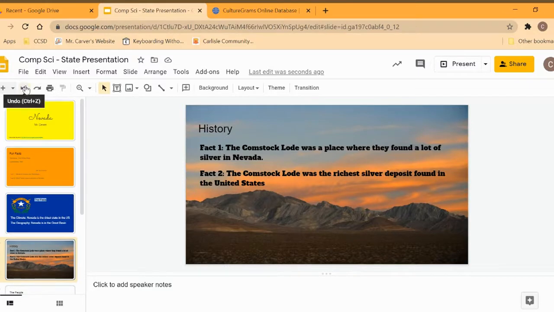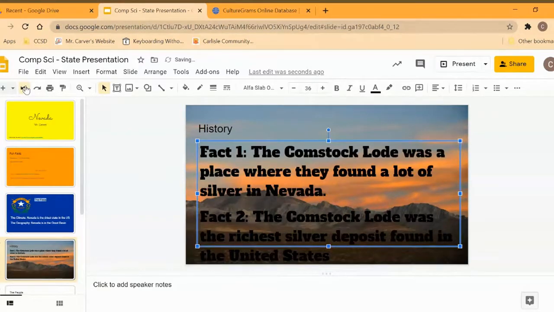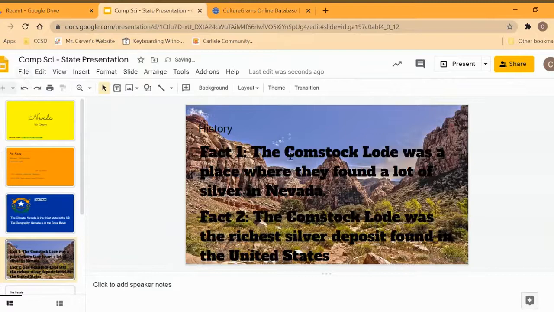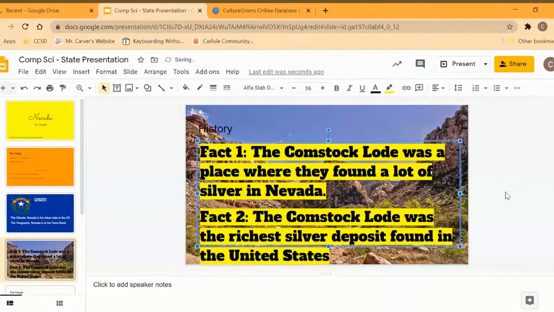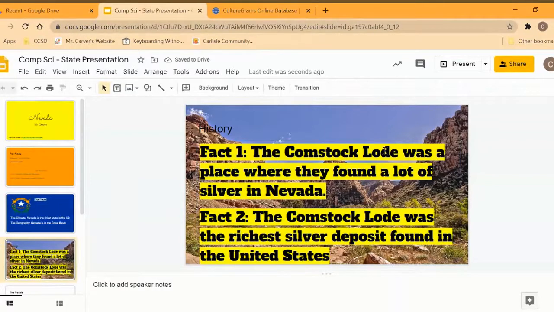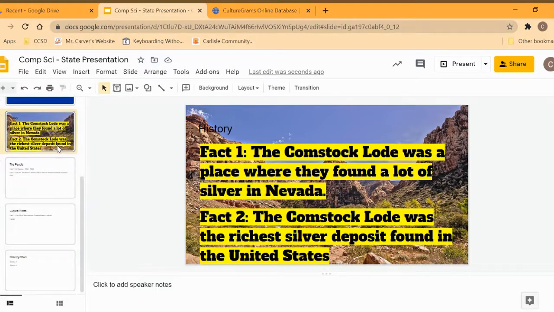Another strategy you could use, let me go back real quick. Don't forget the back button. The undo button here is pretty helpful. It's to use that highlighting color. The highlight would actually put color behind your words. It keeps your background as that one picture you really like, but now I can actually read it. When you're changing your fonts and your colors and your sizes and shapes and styles and all that kind of stuff, the most important thing is you gotta read the text. Okay, go through and change all of your backgrounds and your fonts and your colors